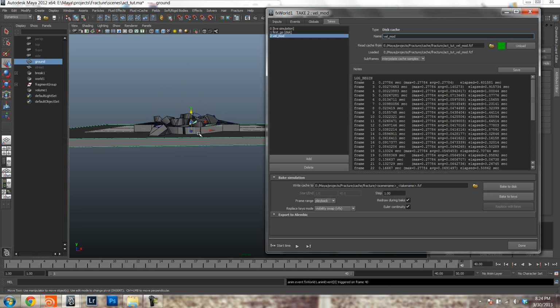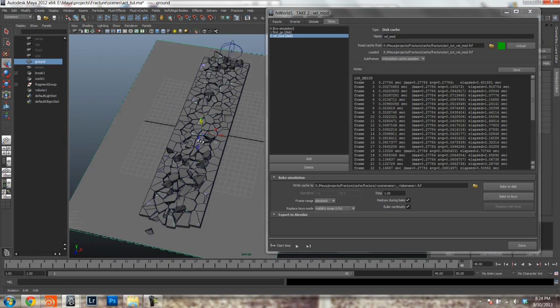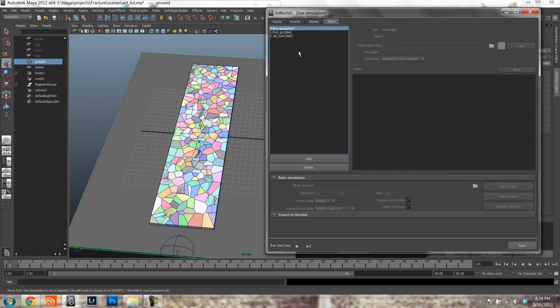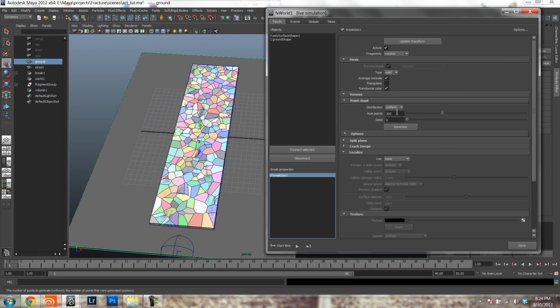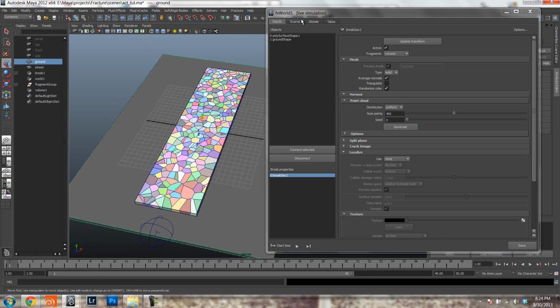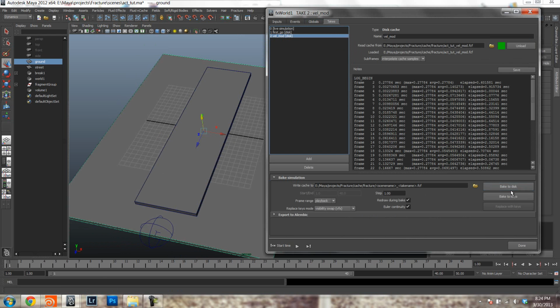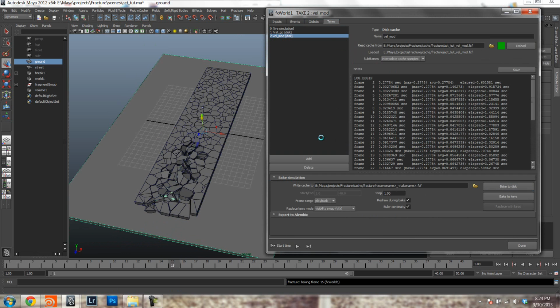Now they look a little bit big and uniform. We will create clusters later, but they look a little bit big. So what you can do, this is the whole proceduralism of fracture, is let's say that we go back to our break node and we just want some more fragments. Let's say 400. Okay, let's generate that. You see that that happened on the fly. And let's do that take again, where we had the velocity modifier. And there we go. Looks a little bit better. They fly up and then they fall down